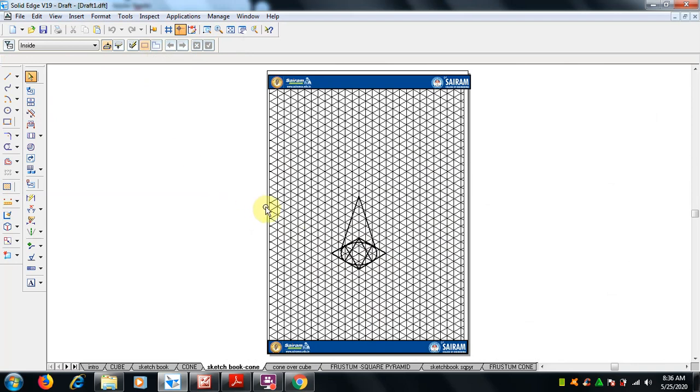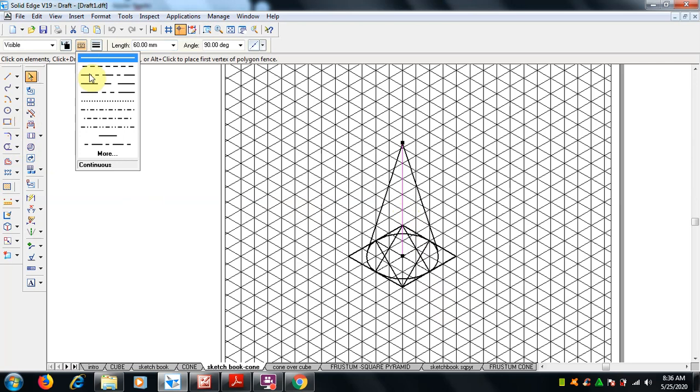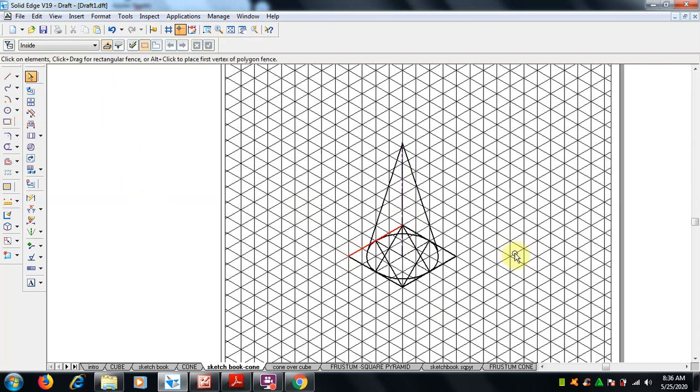So now I hope you understand this. And this is the axis of this cone, so we are going to make it an axis line, right?